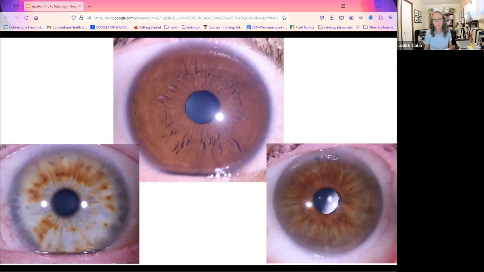So how do we use iridology? We use it to guide our questions. We use it to create rapport and to inform our recommendations. A lot of practitioners use very lengthy questionnaires, which I think are a waste of time. I hate filling out questionnaires when I go to see a practitioner. Talk to me, ask me the questions, because I'm never going to give you everything on a piece of paper.